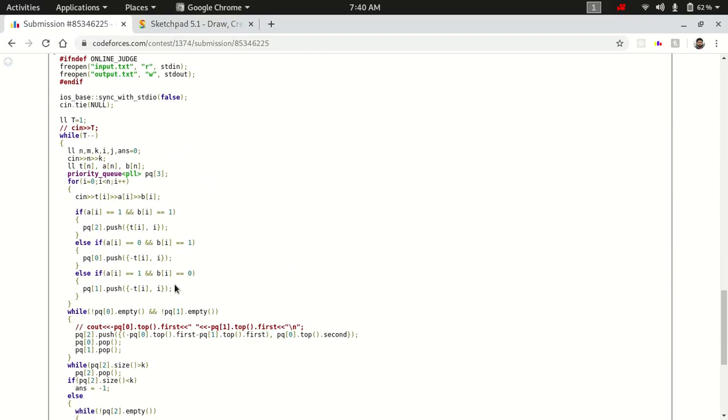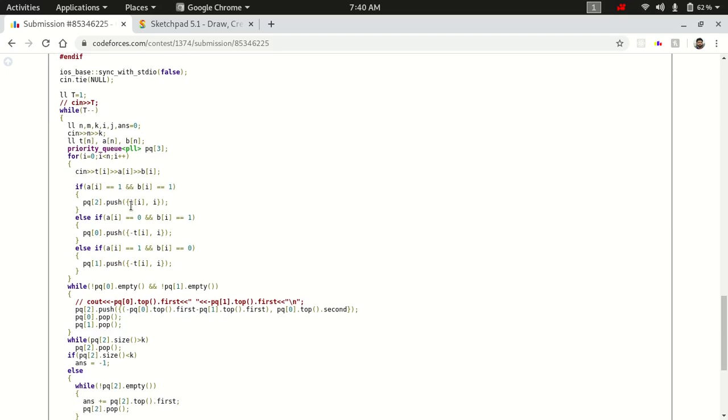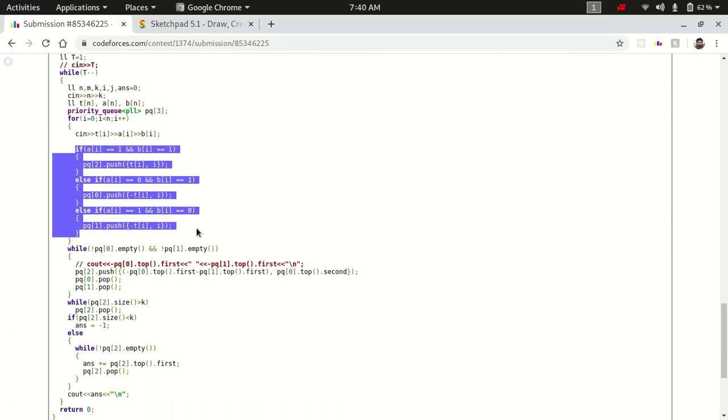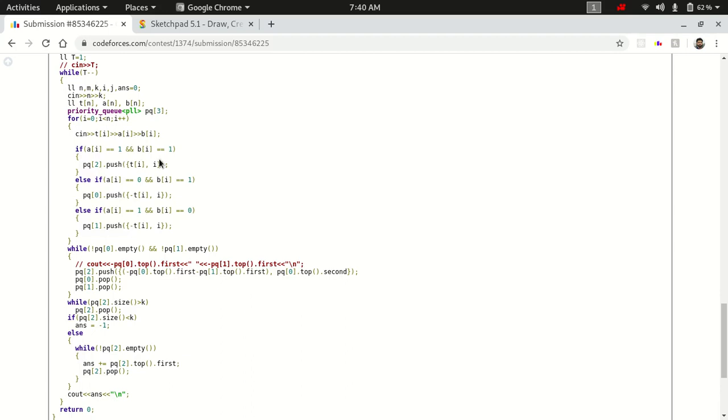So here's my code. I've first taken as input the value of n and the value of k, and then t, a and b values for each book. As I said, there are 4 categories, and I have simply ignored the category in which ai and bi are both 0. I have taken a priority queue array with 3 elements.